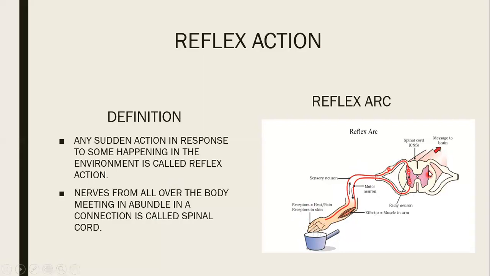Here the message has been understood that it is a dangerous situation, and it has been sent to the brain, but at the same time it is going through the relay neuron, and then the motor neuron is carrying the impulse, carrying the message that it is a dangerous situation, remove the hand away from the hot object. So this particular diagram is explaining how exactly the concept is happening. That is called as what? Reflex arc.